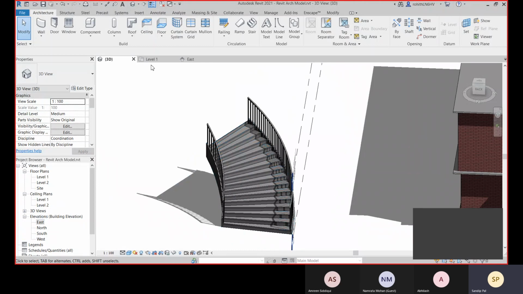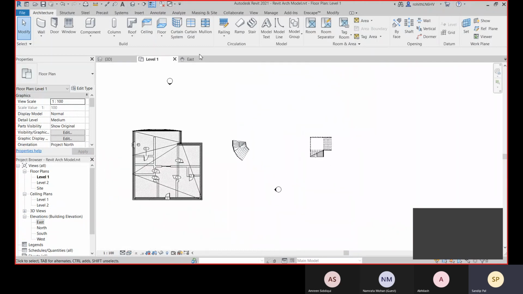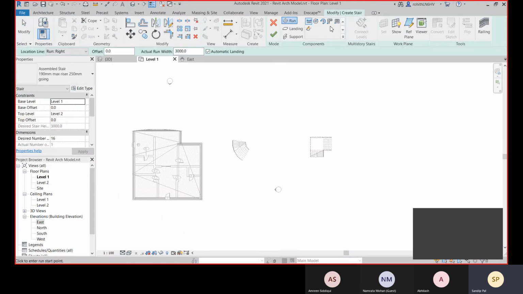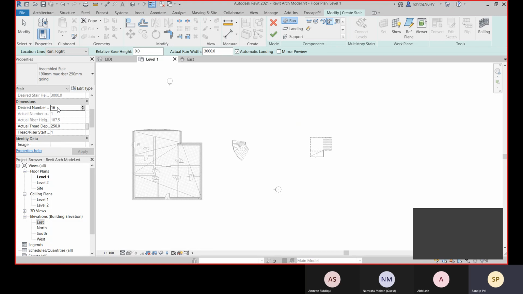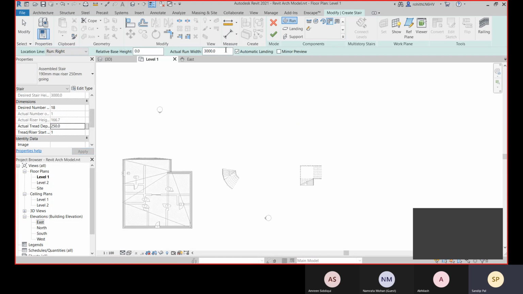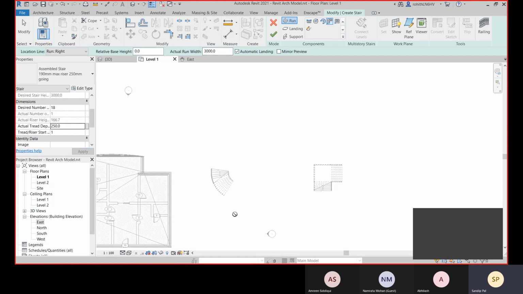Fine. Now again go to level 1, go for stair, and these things are very easy to create. Like you define the run width, you define the number of steps, so let me define the number of steps as 18. Okay, and you can apply, and then you go with the L shape.